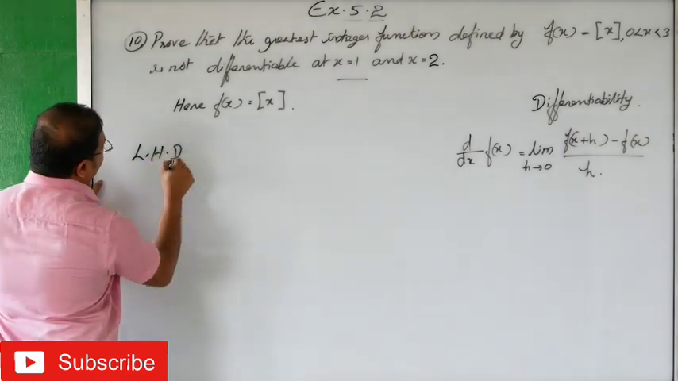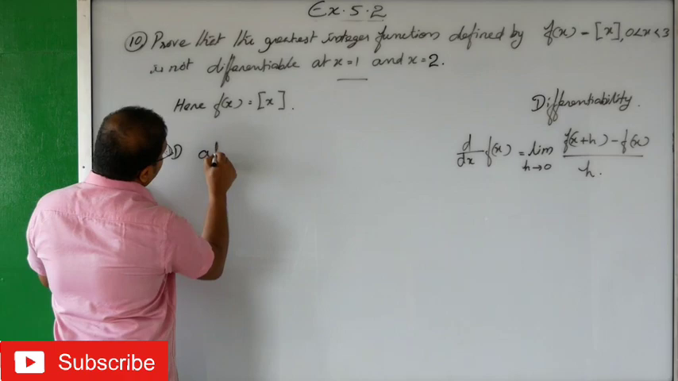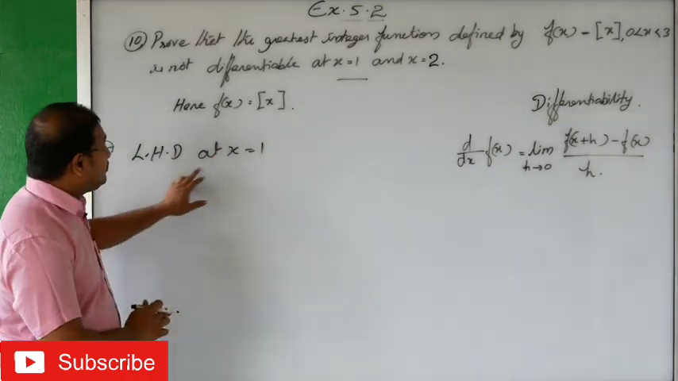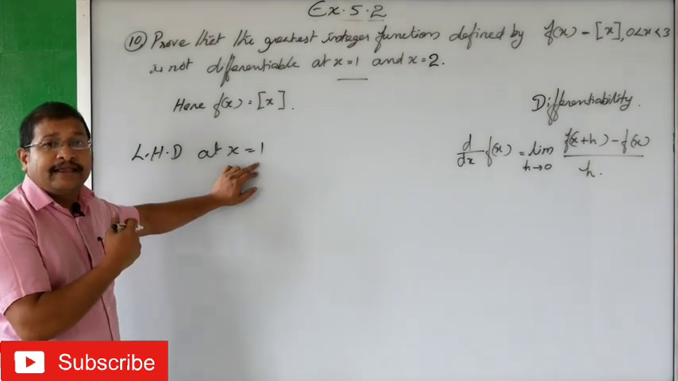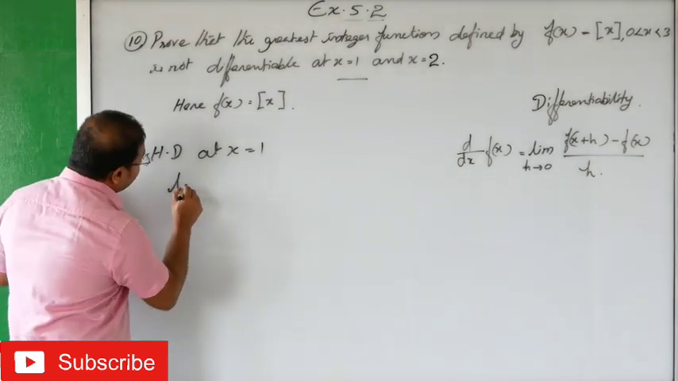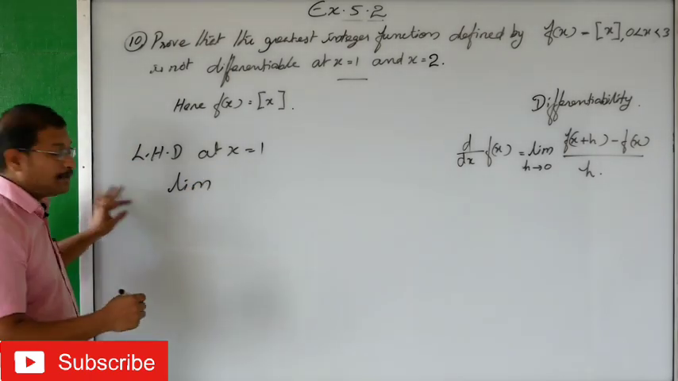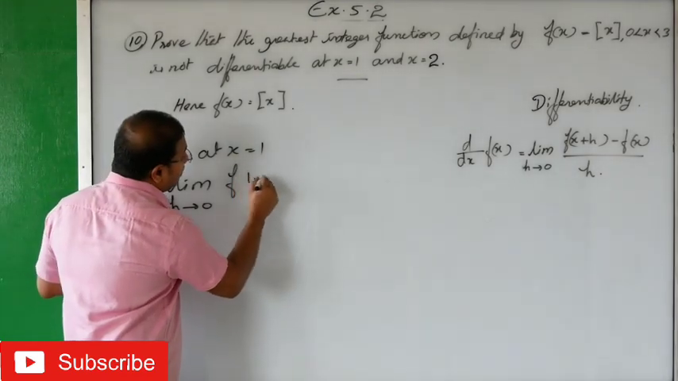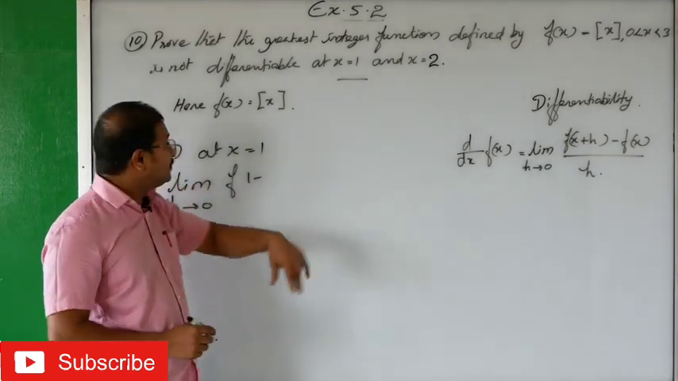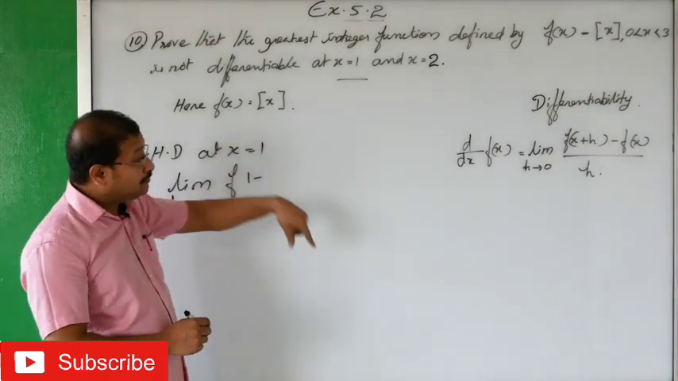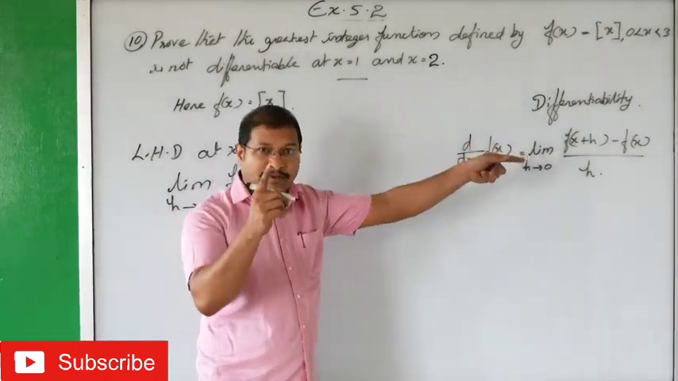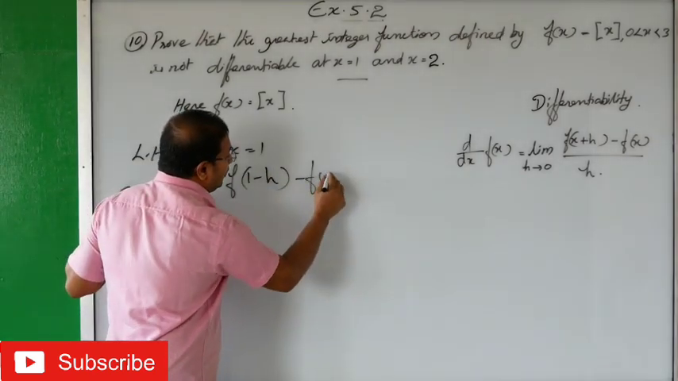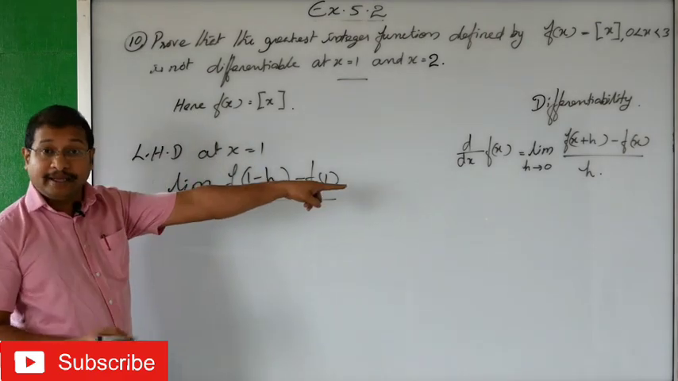Left hand differentiate at x equals 1. That means LHD at x equals 1. That means negative side, isn't it? Negative side means what you will do? So we will write limit from the left side, that is negative. That means limit h tends to 0, f of 1 minus h, because we have x equals 1 and h is on the left side. That means minus h, minus f of 1, divided by, h will be left side,